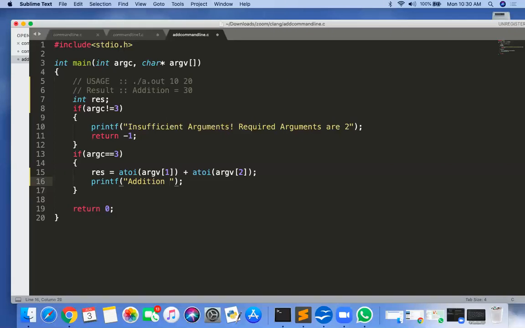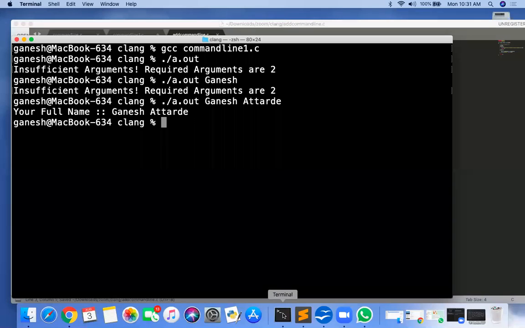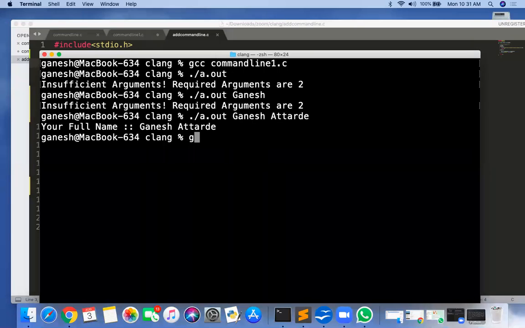Addition equal to %d \n, comma res. So we'll try to run this program. I think this atoi is present in stdlib. atoi is present in stdlib.h. So first we need to compile this. How to compile? gcc addcommandline.c and then